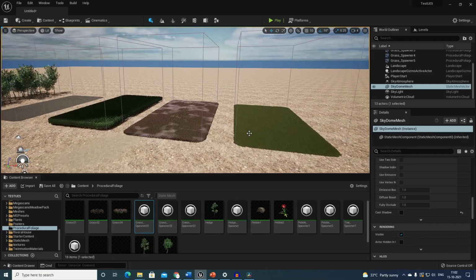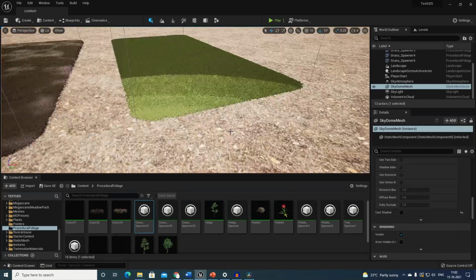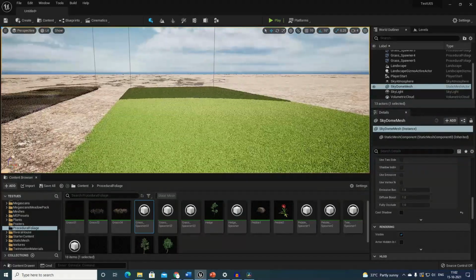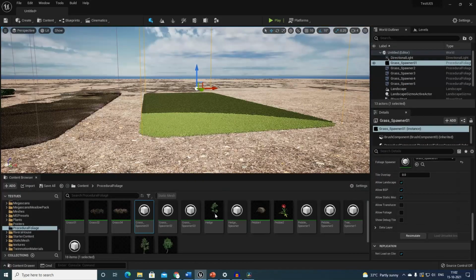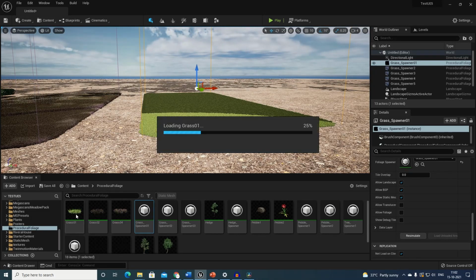Let's jump in and take a closer look at the foliage density. Feel free to experiment on different foliage types to create your own preference. A small tip from my end for a densely packed foliage.